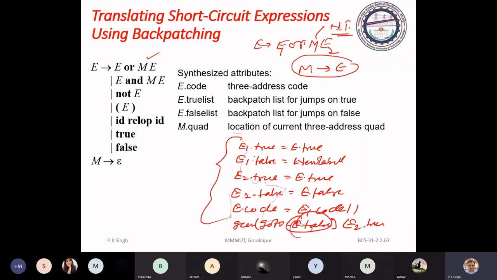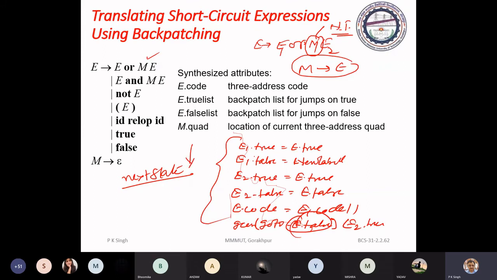This E false label is not known. So for that we will use a marker production, and through this marker production we will record the next state. Next state means next state tracks the three address statement number.